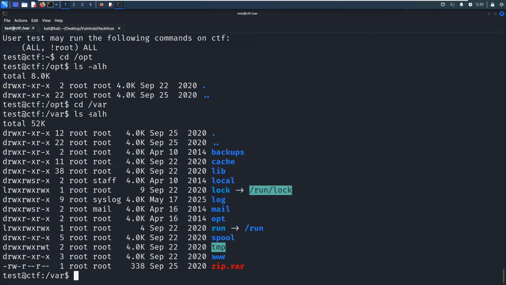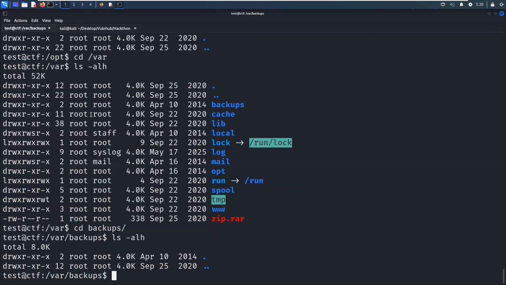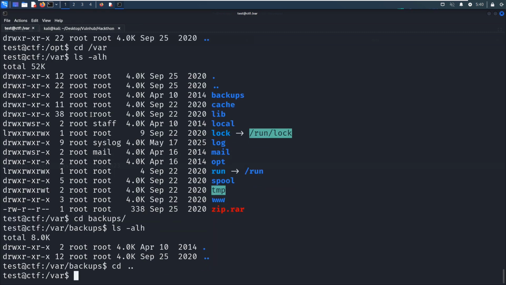Maybe I need to transfer this to Windows to decompress, but this is not necessary. I'd like to skip this part or this file. Okay,